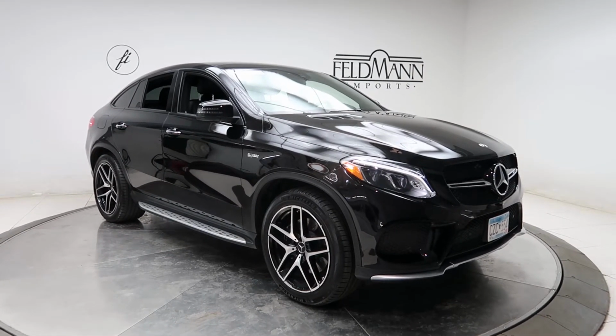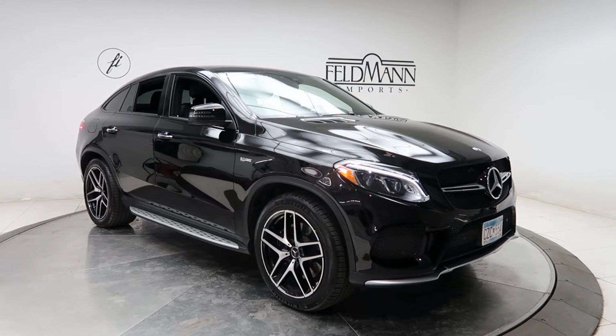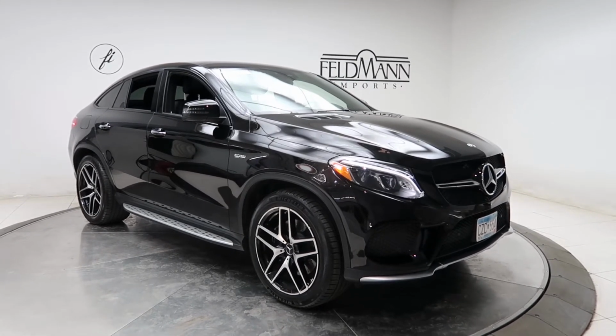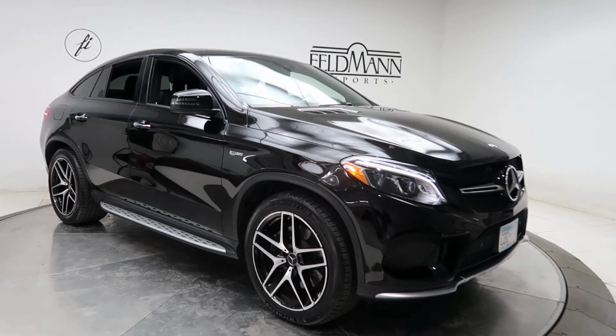Today we're taking a look at a certified pre-owned 2019 GLE 43 AMG Coupe. This one's black. Underneath it's a 3-liter V6 bi-turbo pushing out 385 horsepower and 384 pounds of torque. This one has front and rear LED daytime running lights, 21-inch 5-spoke wheels with black accents, illuminated running boards,